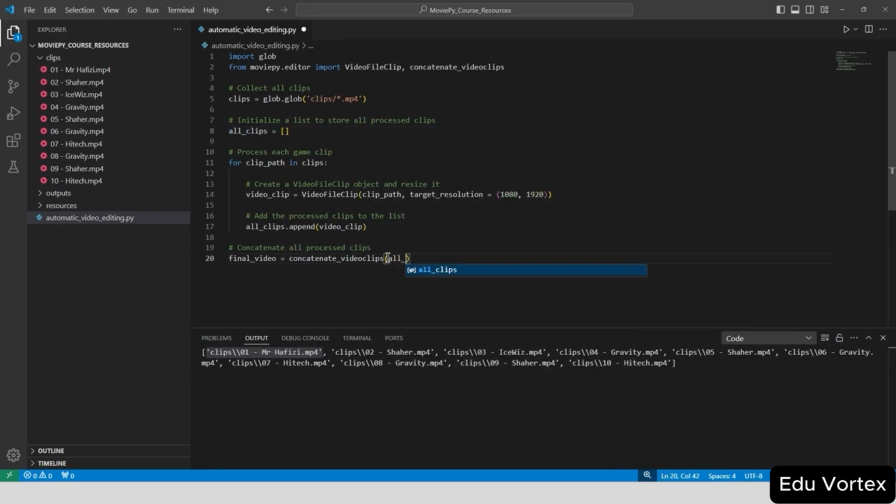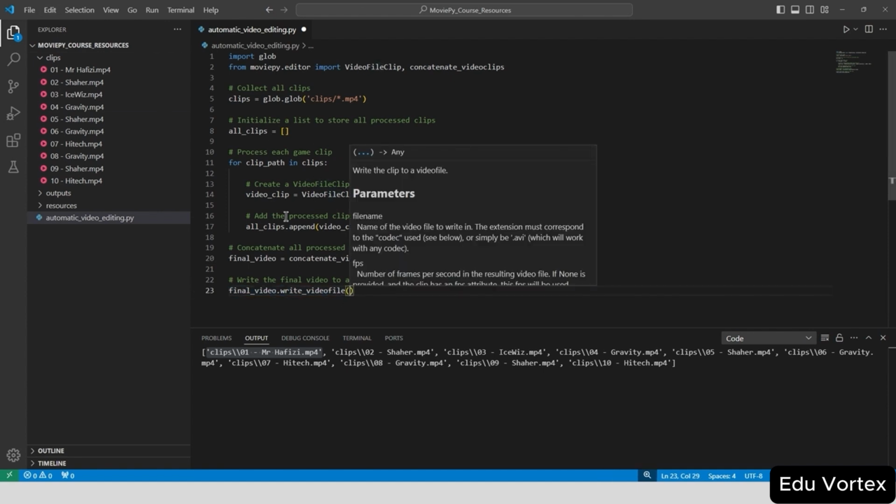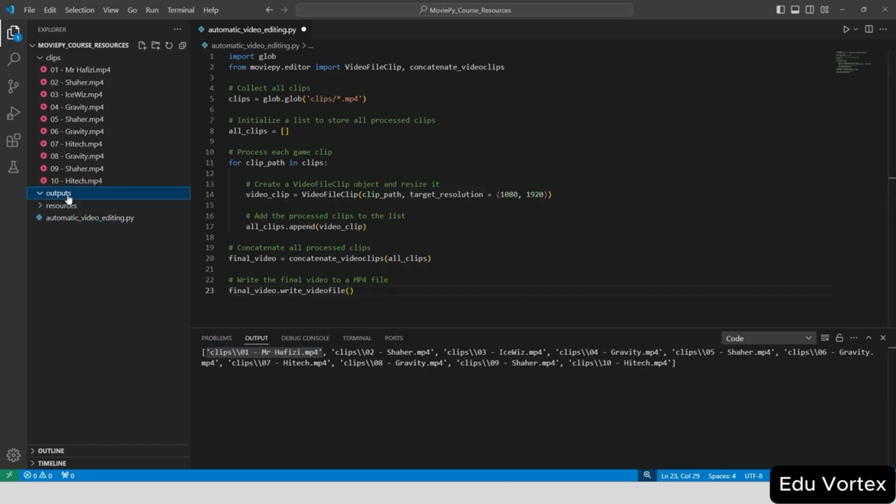So now the last step is generating our MP4 video. Let's type a comment, write the final video to an MP4 file. We can retype our variable final_video and then use the function write_videofile. So this code will convert our edited video back to MP4 format. We open parentheses and specify the folder to save the video. So let's save it in the output folder, which has been created to store our edited videos. So I'm typing here